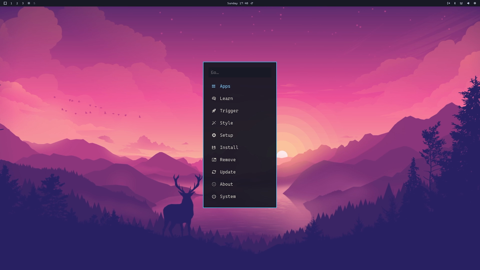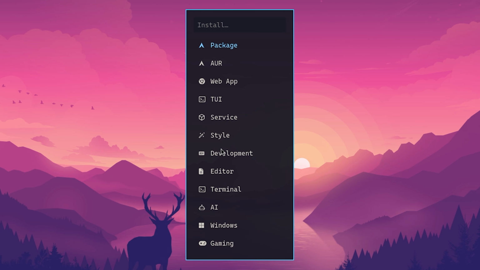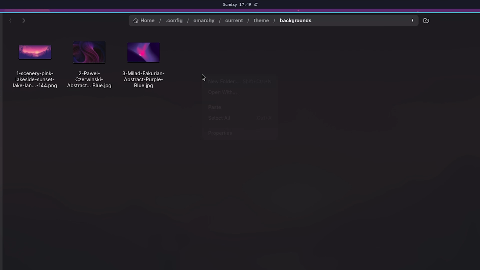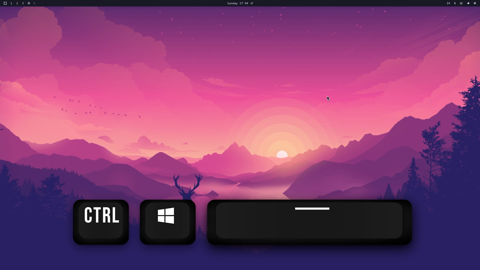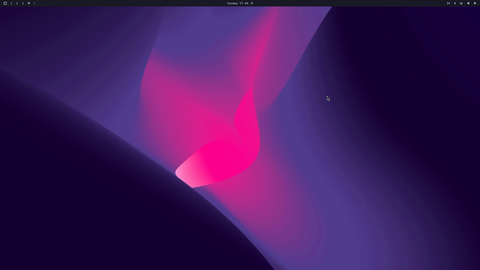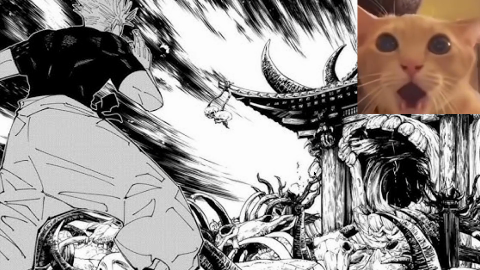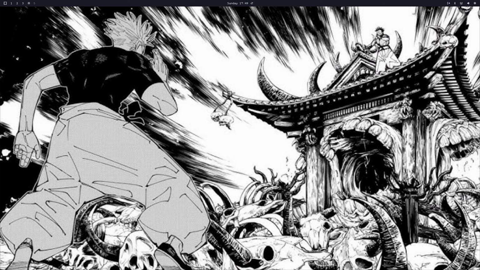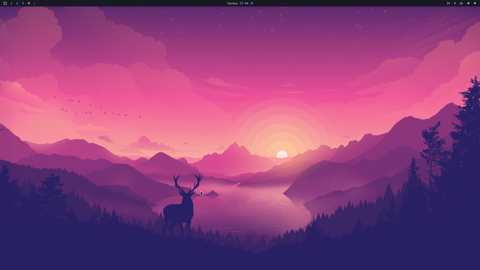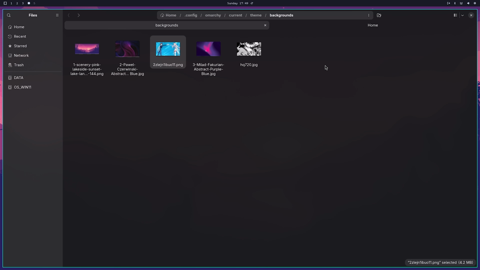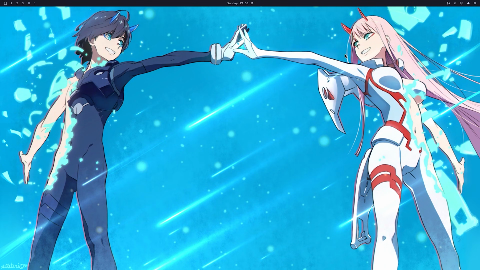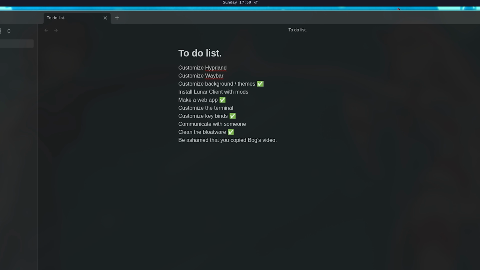So Control Alt space and then install style background. And now, if I paste my image in here, we close this. And so now if we press Control super space, it should cycle between backgrounds. Oh, there it... Oh my days. Okay, yeah, so let's stick with this one because it's so low resolution. Okay, I did prepare another one. Paste this in here. And so now, there it is. That's so cool. And we can check this off.